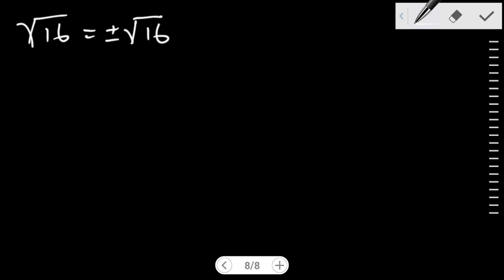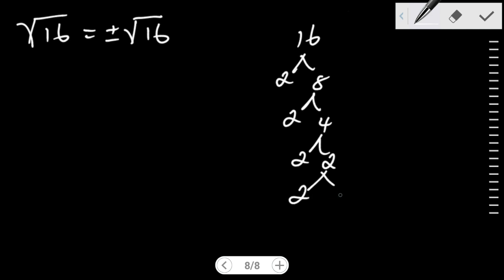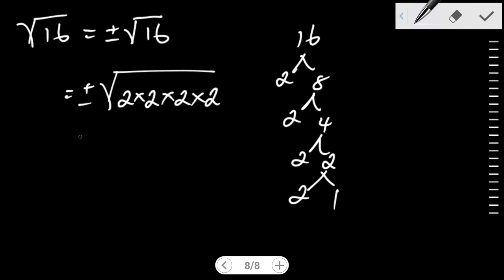Therefore, I'm going to come here and say that I'm going to have 16. So by 2, this is going to be 8. By 2, 4. By 2, 2. By 2, 1. And therefore, I'm going to have this equals to positive or minus root of 2 times 2 times 2 times 2. Therefore, this would be equals to positive or minus